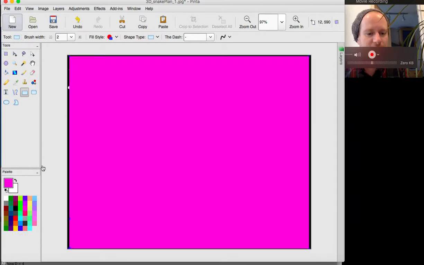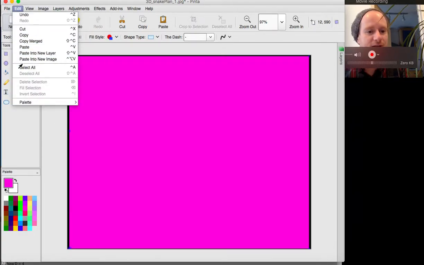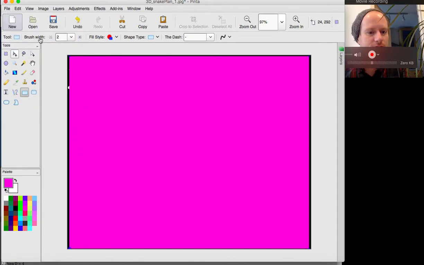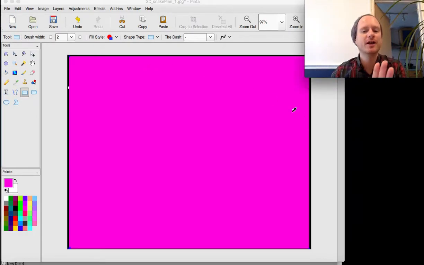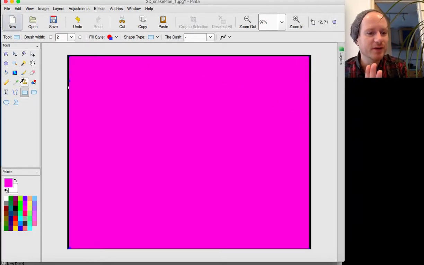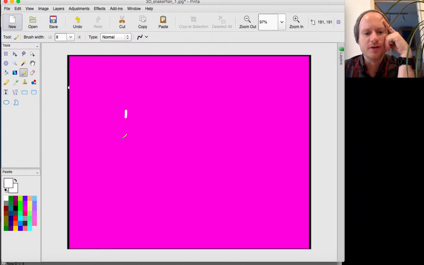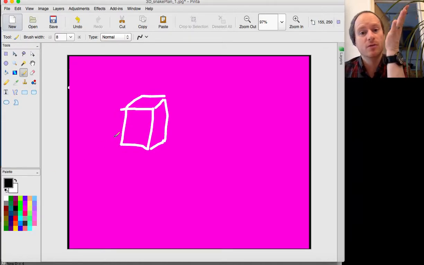Now I want to select that. Now I want to deselect everything. Is that okay? We've got the correct color for our canvas. Right, now we want our new snake rotation algorithm. Okay, I think we should base this on a dice this time,